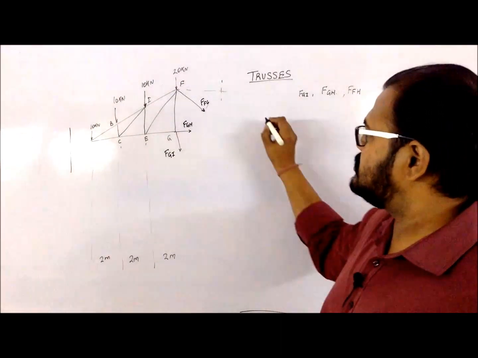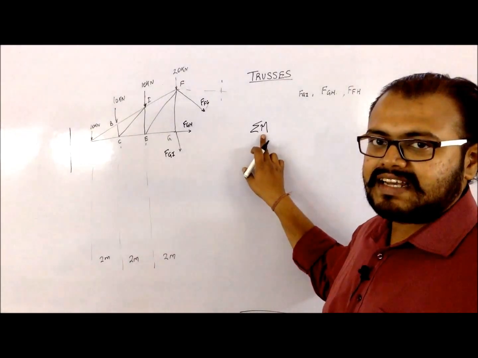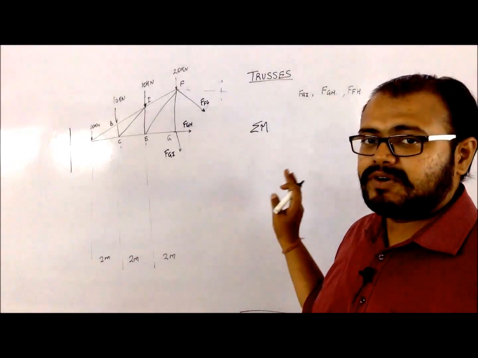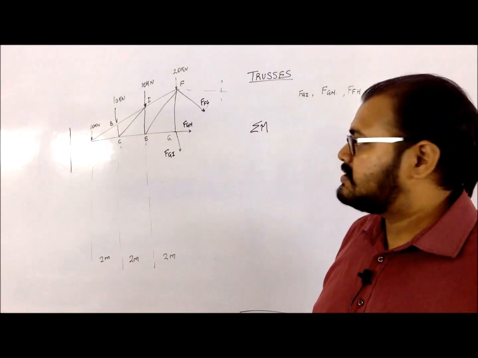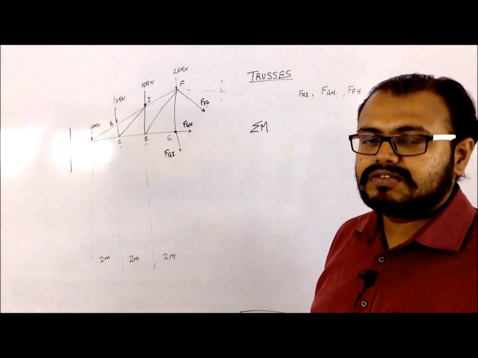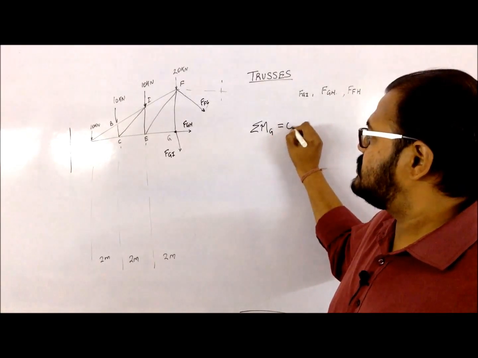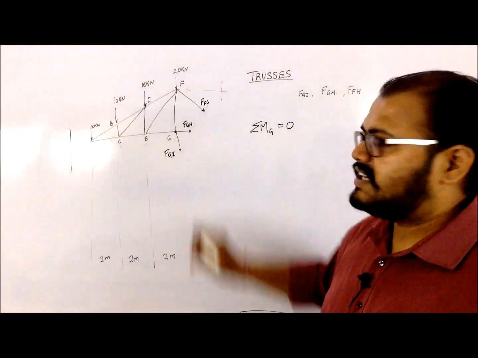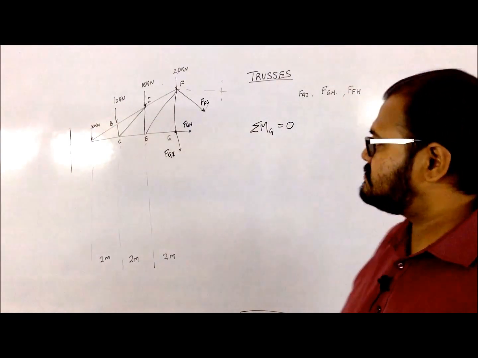Now we have to check the equilibrium conditions, those three equations. As I said, first you will go for summation M. If you are going by summation M, you have to select a point. As I said, you have to select the point such that the maximum number of unknowns are eliminated. If I select point G, I can see that these two forces are passing through G, so they won't be in my equation. So I can select the point as G and equate the moment to 0. The only thing remaining is the unknown Fg, so I will directly get the value of Fg from this equation.